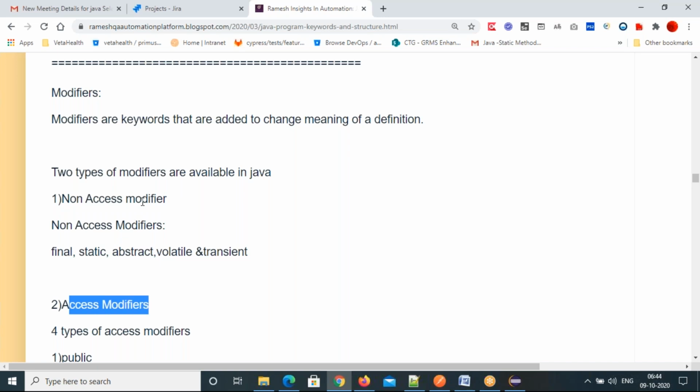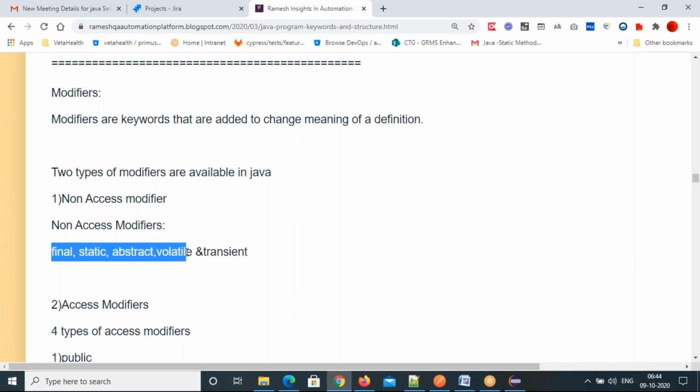Non-access modifiers are categorized again into final, static, abstract, volatile, and transient. These keywords fall under non-access modifier keywords.